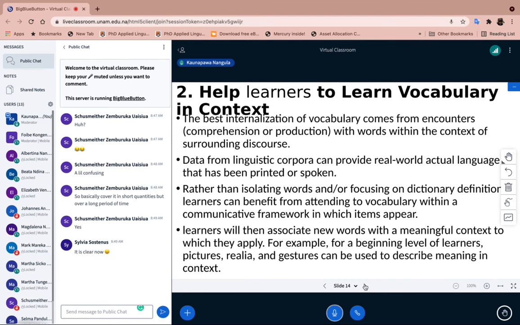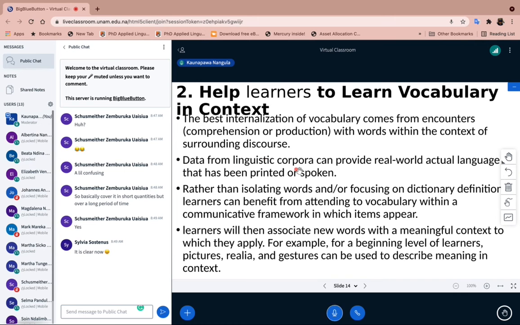And it needs to be done in context, not just saying, we are going to do vocabulary and then you do definitions, but then you're not using it in context, in discourse, all right? So they need to encounter it in discourse many times. And then that's where the linguistic corpora comes in, because corpora, or